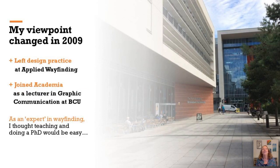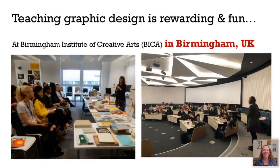My viewpoint changed really quite quickly and quite radically in 2009, when, for various reasons, I very sadly left applied wayfinding, where I'd been working for 2 years on city wayfinding projects, and as inclusive design director for the Legible London signs, schemes that I'm so proud of. And I decided to join Birmingham City University. The course that I teach on is graphic communication. And I absolutely thought that I would be teaching wayfinding, infographics, sign design, and I would be able to do a PhD really quickly, because I've written this book, so clearly it's going to be very easy to get a PhD out of this. And a few years later, should I say,